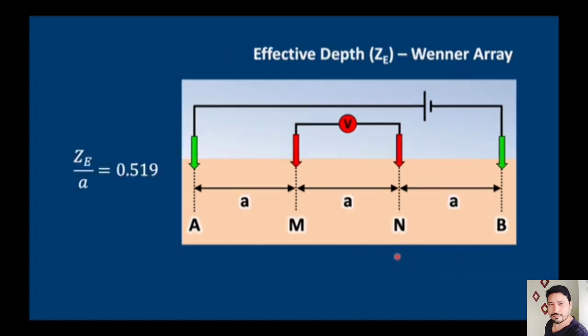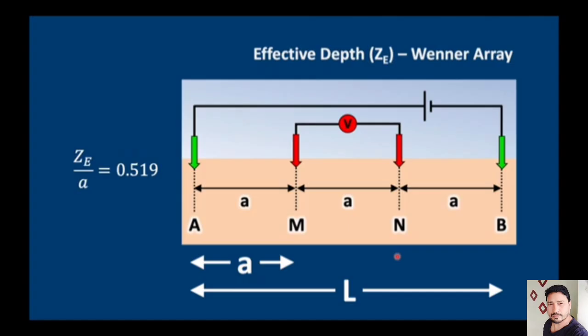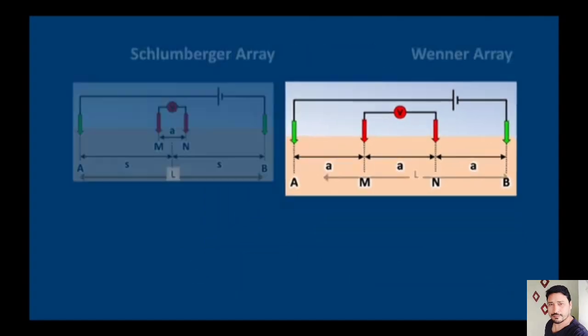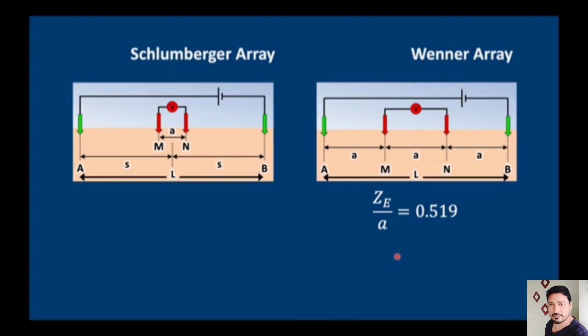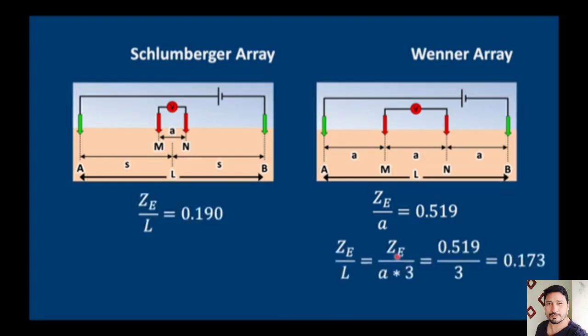For the Wenner array, we have a number of 0.519, and some people seem to think that that means the Wenner array has a deeper effective depth. But of course it refers to A, which is only 1/3 of L. So what we need to do is compare the two arrays side by side and correct the formula for the Wenner array, and then you can see that the effective depth of the Wenner array is actually less than that